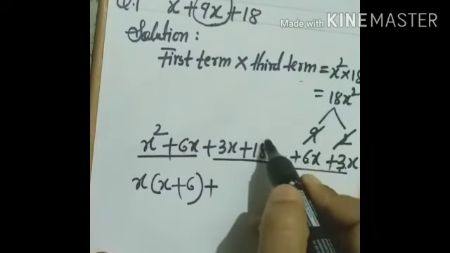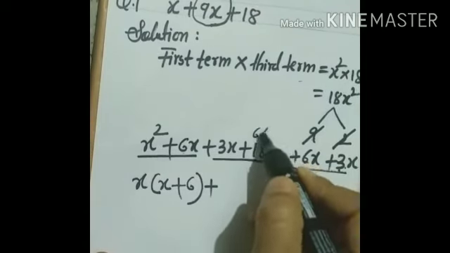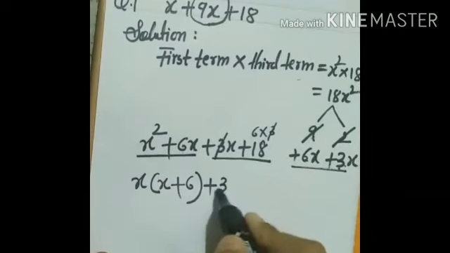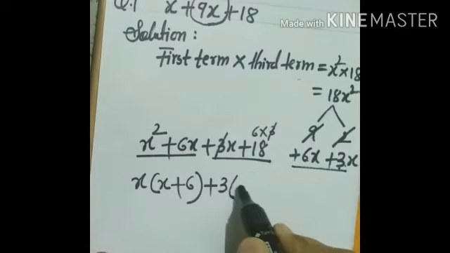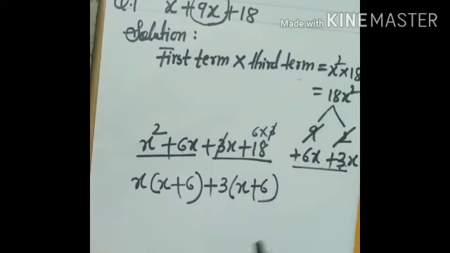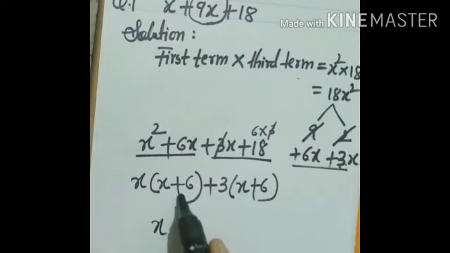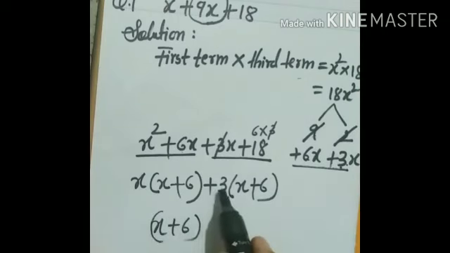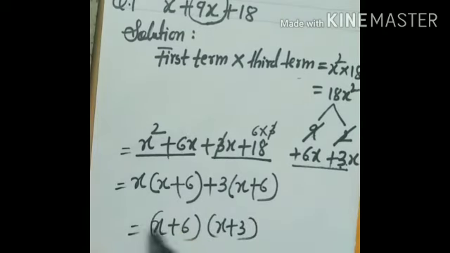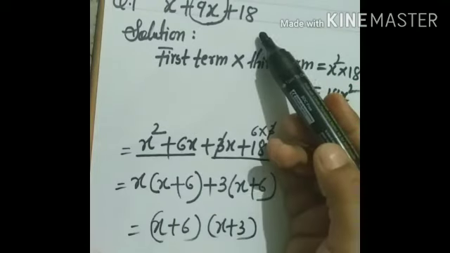18 means what? 18, children, what are the factors of 18? 6 into 3, right? So 3, 3. We can take common, so take outside, children. What here remains? x plus what here? 6. Write down. These two brackets you should get same, children. Okay. Now, these two are same, so we take common, children, means one bracket we take here. Now these two terms we take in the one bracket, x plus 3. Okay, children, this way we have to factorize the expression.